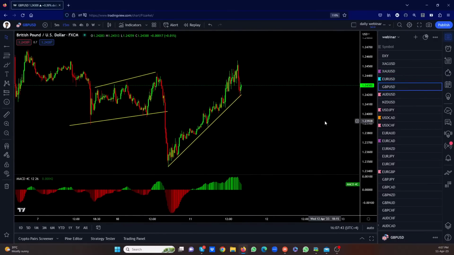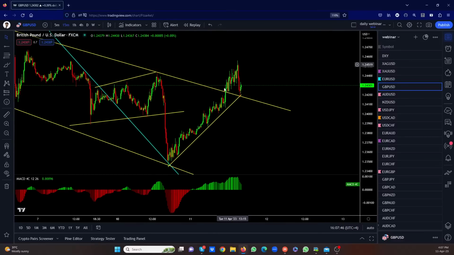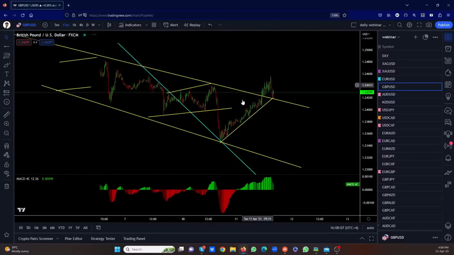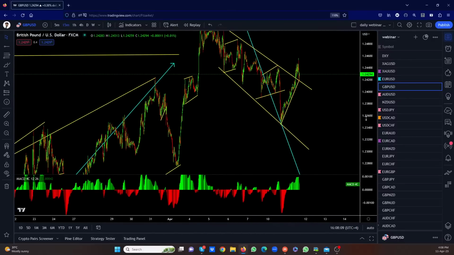I told you not to buy it this morning. If you bought it, it's a waste of time because it's exactly where it was. And we might likely get a flag here. It looks like we're trying to get a flag here. If we get a flag here, we're going for the sell. Now, if this goes back to the top here, and comes back here, we're going for the buy. Both of those are possible. If you look at the structure where it is, both of those are possible.